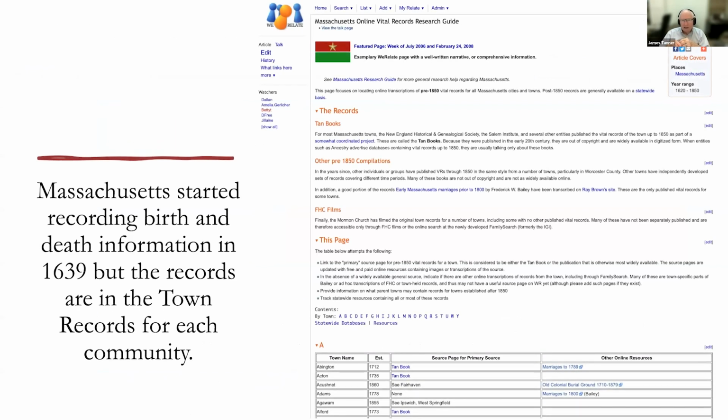So how far back can we go? What can we rely on? Well, you can start looking for birth, death, and marriage information in Massachusetts back in 1639. But those records are in the town records for each community. That means they're written out in longhand in the course of keeping all the town records, and very few of these are indexed. They may very well get indexed more quickly and more completely once artificial intelligence and handwriting recognition get rolling past some of the records they're doing presently.